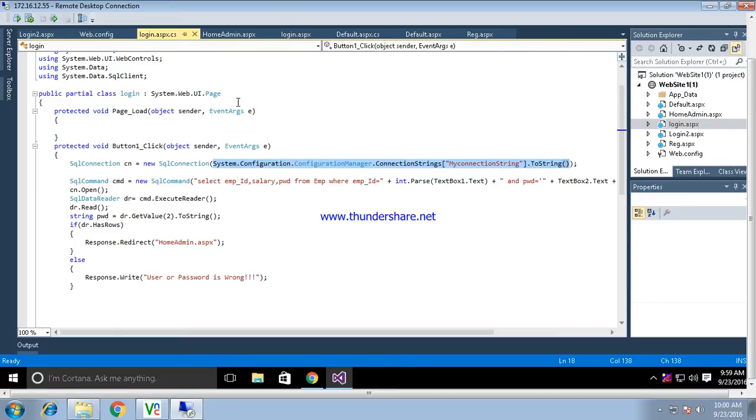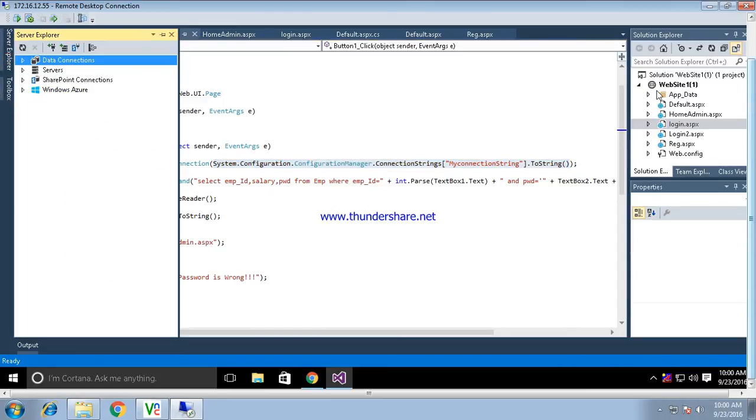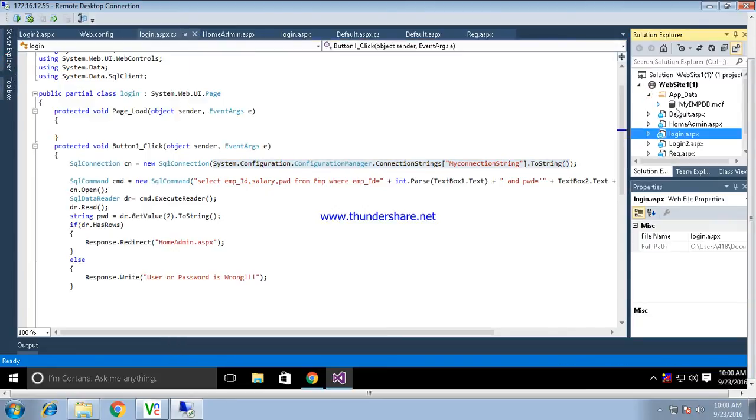And we have two ways to specify the connection string. The connection string is nothing but a path of your database. Okay, and the database path will be located at app_data within your website.